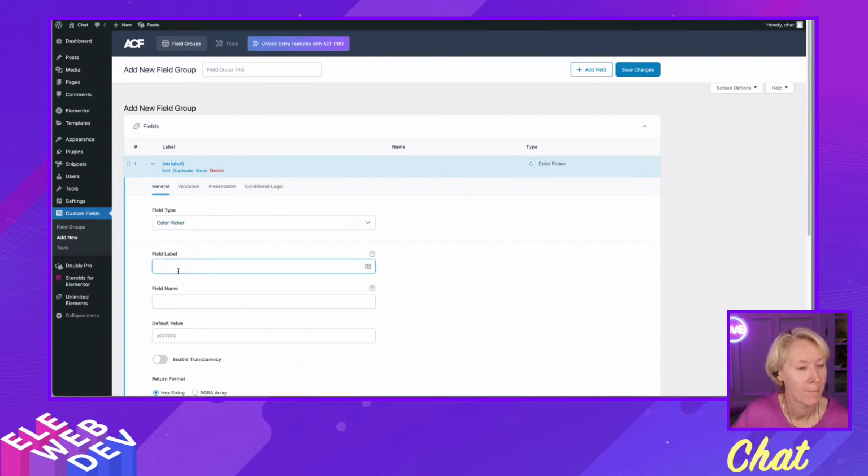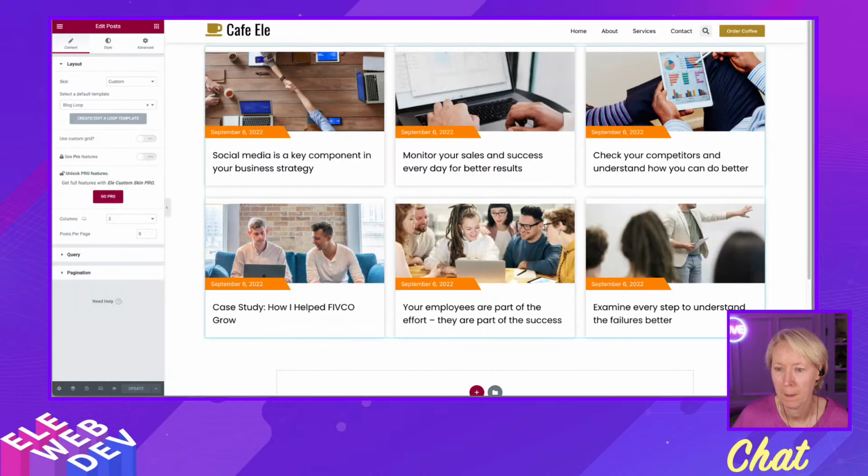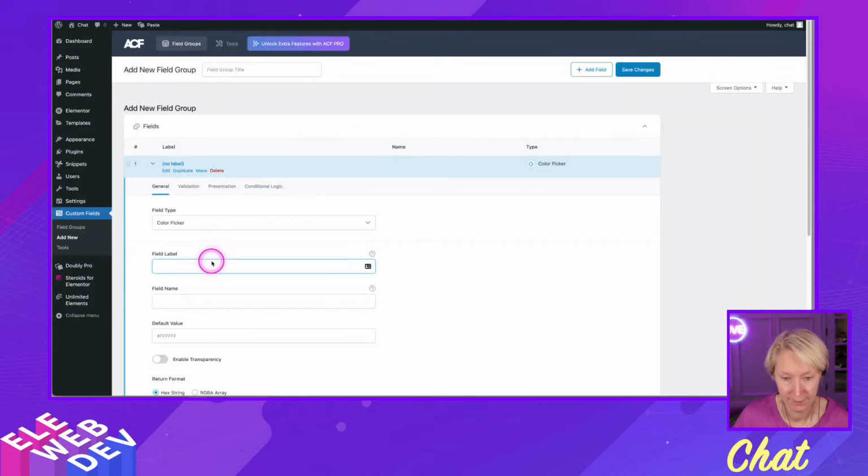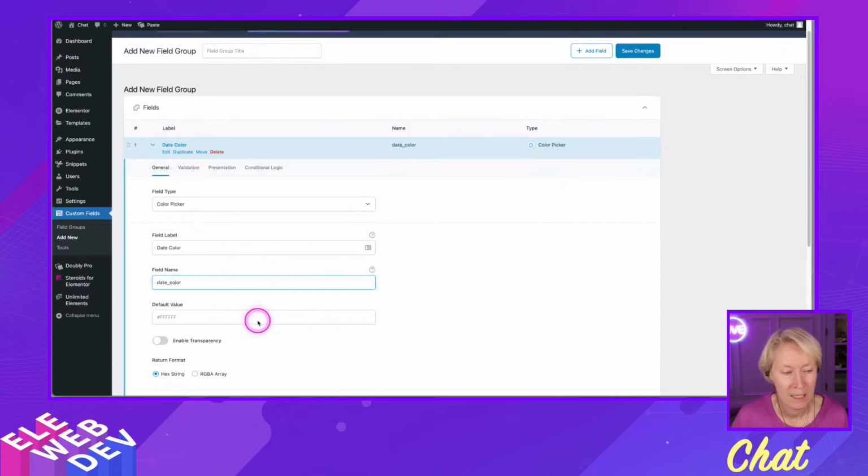What are we going to call it? Oops, sorry. We're going to call it date color. Field label, date color. Okay. Field name, date underscore color in lowercase. And do we have to give it a